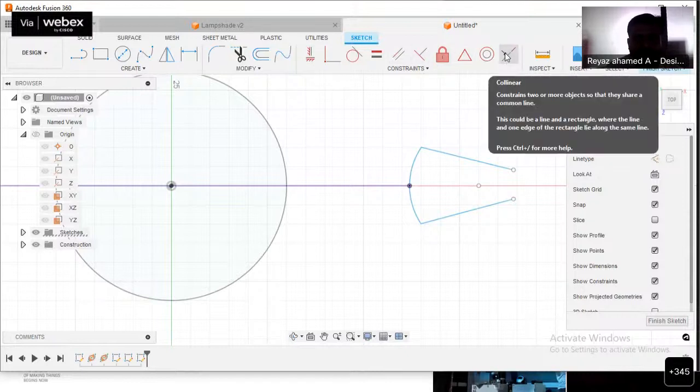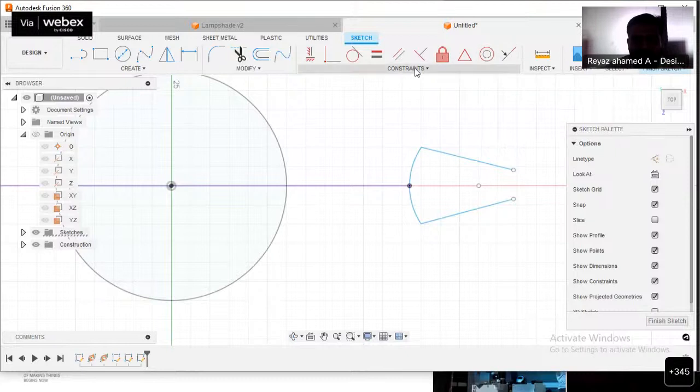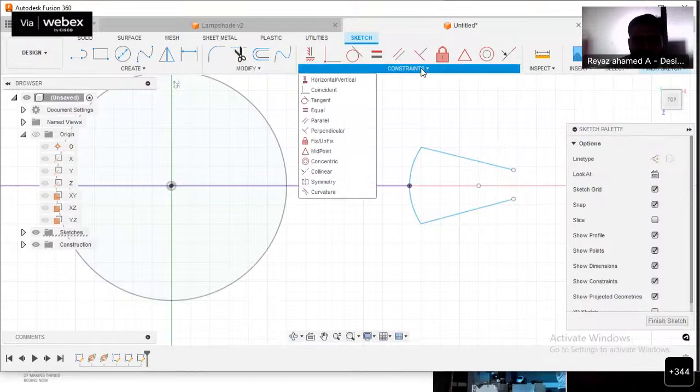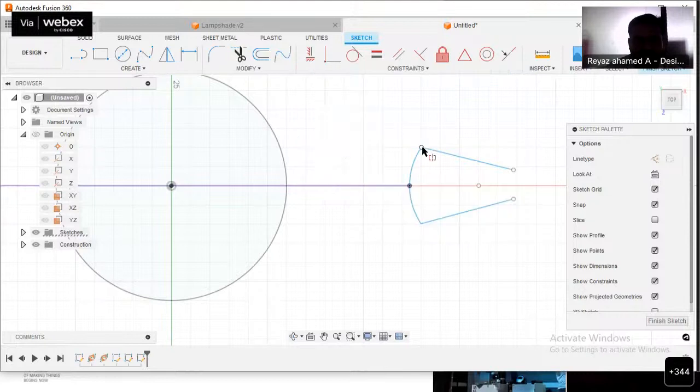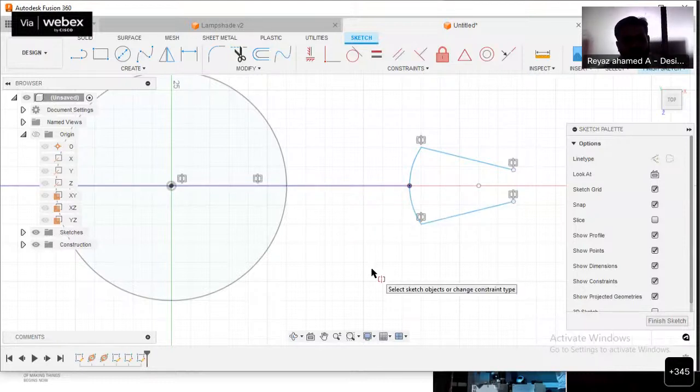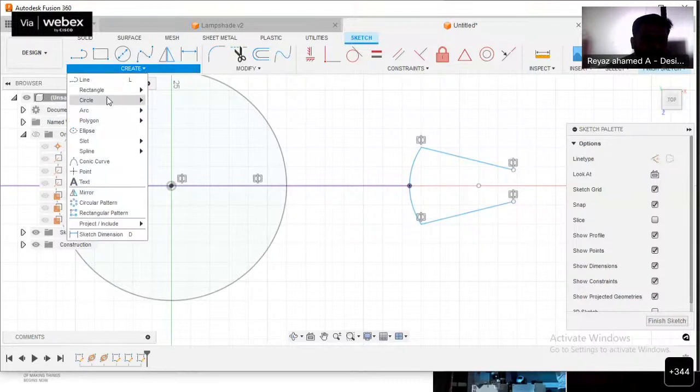So if I need to get into the symmetric constraint, I have to choose it here. See, there's an option called symmetry. So just click on the symmetric constraint. Let me choose these 2 points, because these 2 points should be symmetry about this curve, right? Just click on this curve. The same way, these 2 points also symmetric about this curve. That's all. So like that, you just apply symmetric constraint